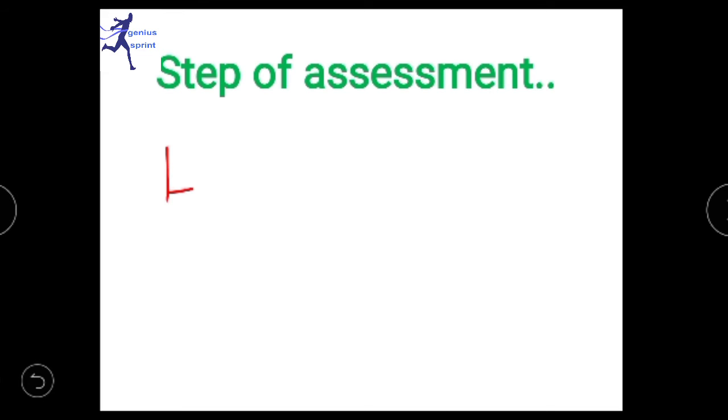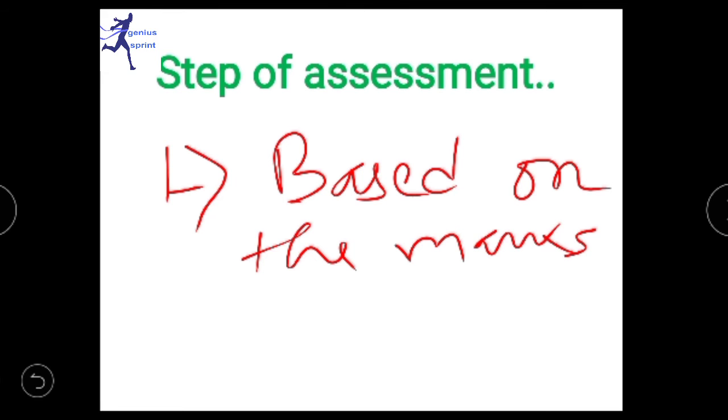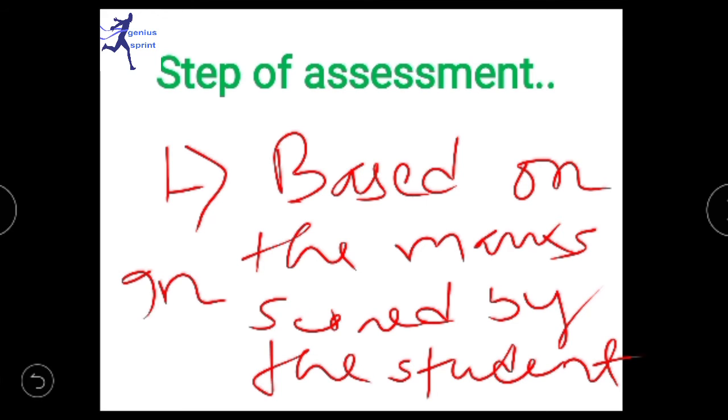In the first case they will decide based on the marks scored by the student in different examinations.